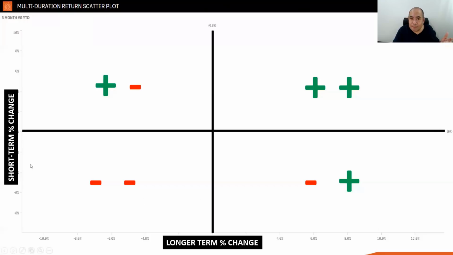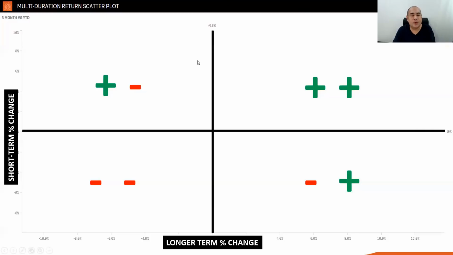When you start seeing pairs in this quadrant here, these are pairs that are basically in a downtrend. They're not only negative on a short duration basis, they're also negative on a longer term duration basis. But then there will be pairs that start to improve, that even though they're still in the decline, in a long-term downward momentum, what you'll see is that the short duration is starting to improve,